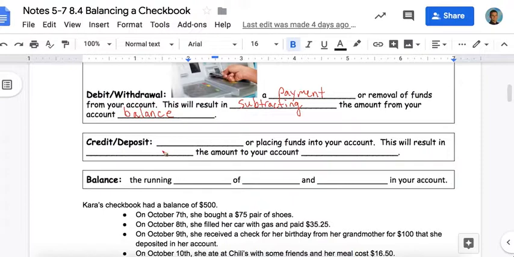Credit and deposit. This is when you add money or place funds into your account. This will result in adding the amount to your account balance. So a debit or withdrawal is taking money out of your account, and a credit or deposit is putting money into your account. And then finally, the balance is the running total